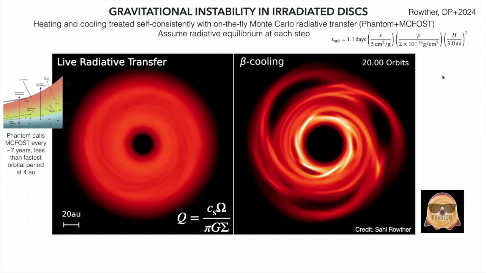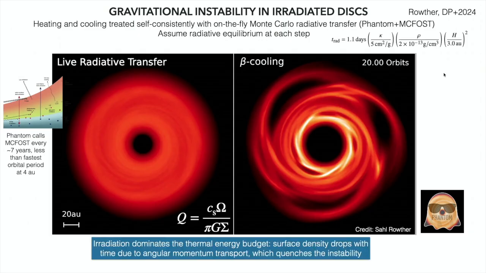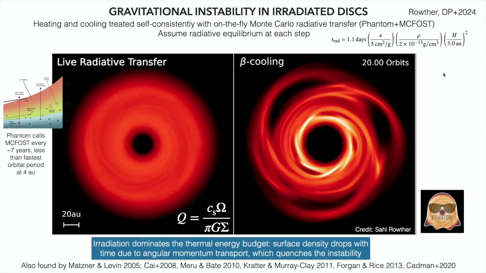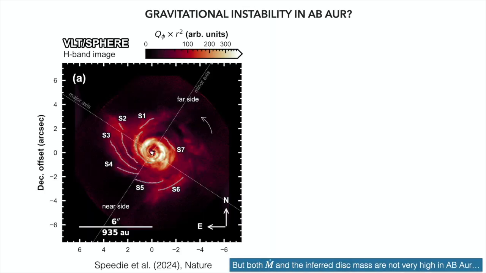Exactly, so we could add, you've seen this before. So we could add mass, right? So if we are observing gravitational instability in the disk population, then maybe what's happening is instead of taking away heat, maybe what we're doing is adding mass. So we're baked in this radiation field from the central star. And so this is important because a disk like AB Auriga